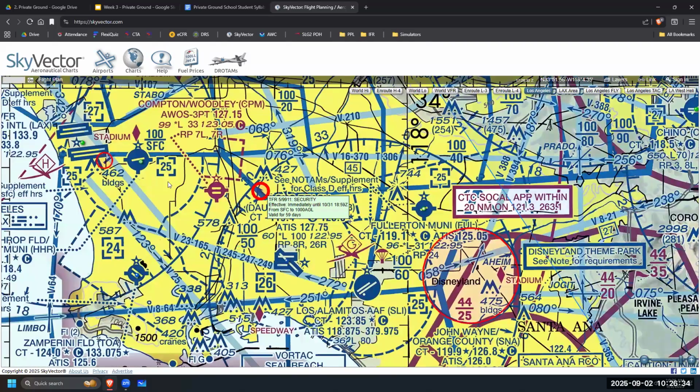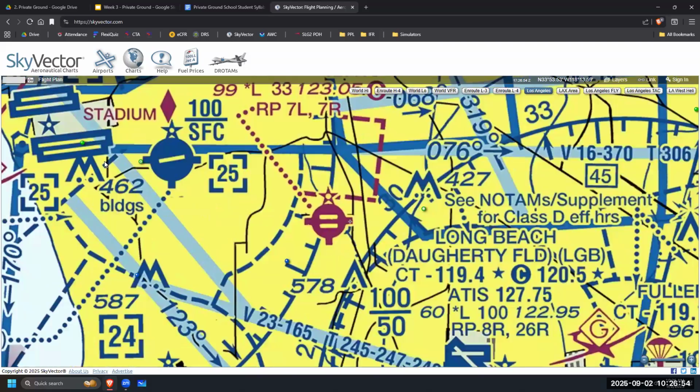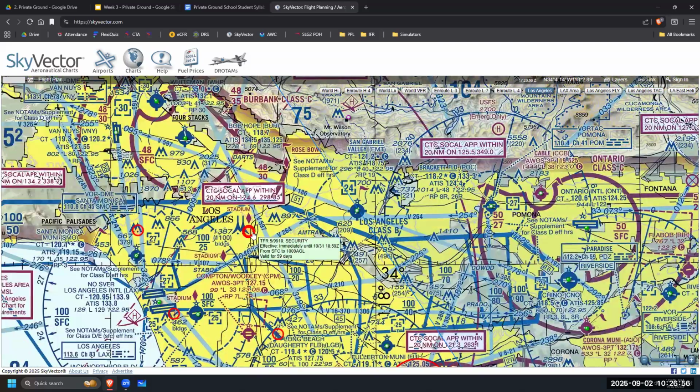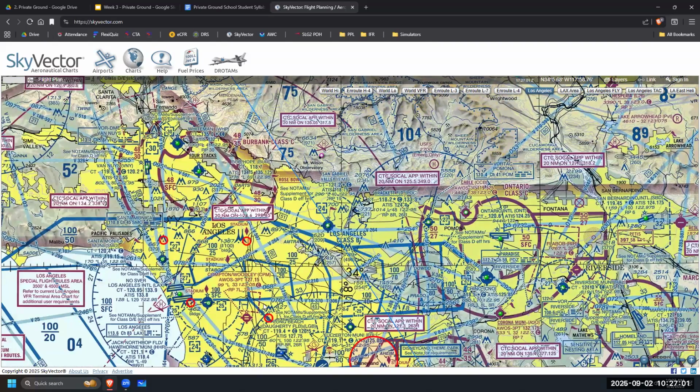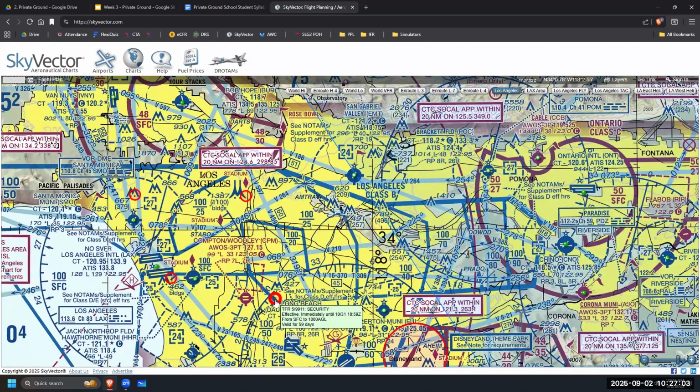Same with these little circles, also TFRs. Usually they're bigger than this, but this says for security, effective until October 31st at 1859 Zulu, from the surface to 1,000 feet AGL, valid for 59 days. Means you cannot fly through this little area. This one also, I think there are a couple more. This one for security, this one for security. I believe these are, maybe these are people's houses. I have no idea what they're covering here, but